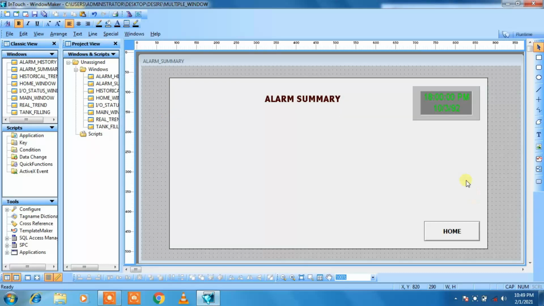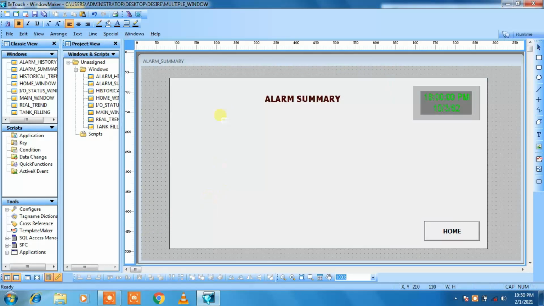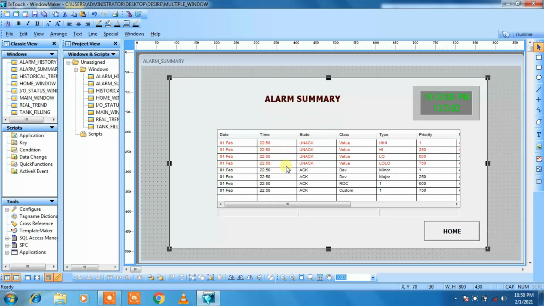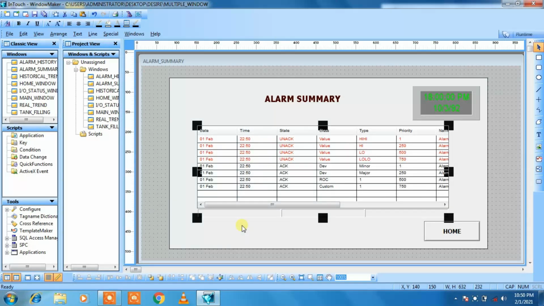So to take the alarm summary block, go to the wizard, then there is an option for alarm display. Select the alarm display, click on OK, then click on screen, then you will get alarm summary. So just make it large in size. Let us arrange it properly. Here we are going to see the summary for alarm.